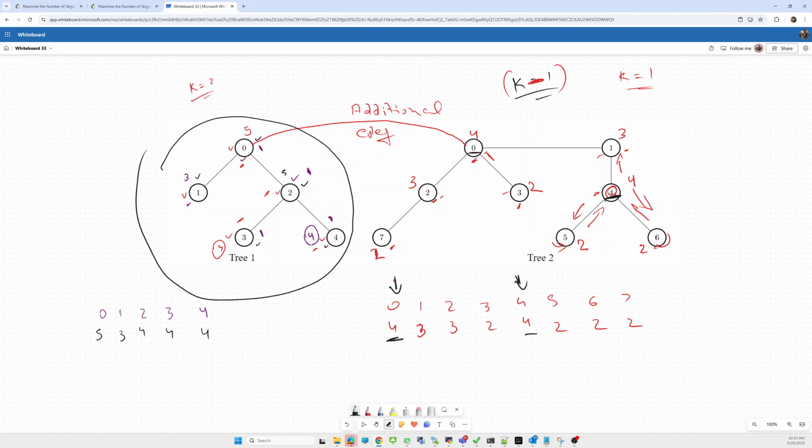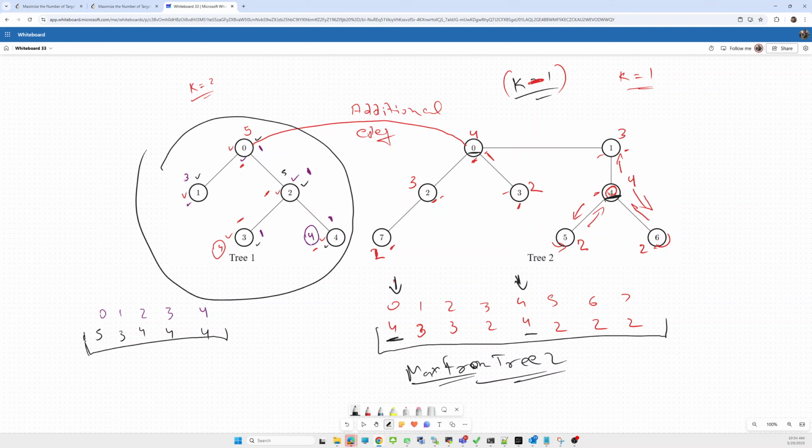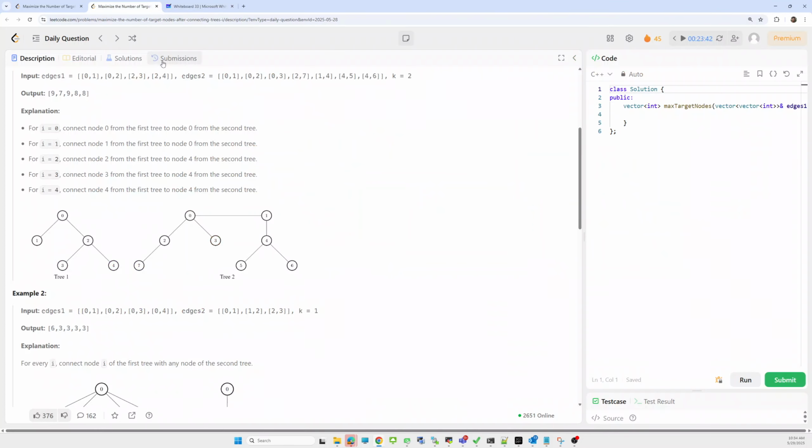So what will be our intuition? First we need to calculate separately the maximum target from tree 2. Then we have to calculate the maximum target for each node in tree 1, then add the maximum from tree 2, whatever the maximum from tree 2, that we need to add.